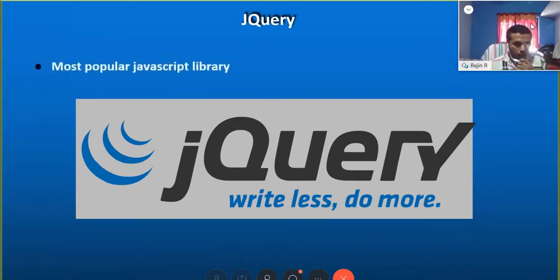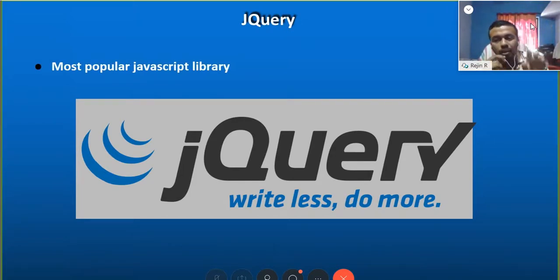It is the most popular JavaScript library. Our normal JavaScript is called pure JavaScript or vanilla JavaScript. While coding things with JavaScript, sometimes it gets messy. We have to type several lines of code for doing some particular action. jQuery is a simple library provided for all those functions.